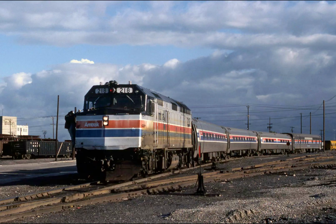Amtrak quickly went to EMD and traded in some of their SDP-40Fs for 132 F40PHs. These F40s were part of a series known as the F40PHR. This designation also represents the same things as the original F40PH designation. The F stands for full width cowl body, the 40 for the model series, the P for passenger gearing, and the H for head-end power, but the extra character, the R, stands for recycled or rebuilt, because this batch